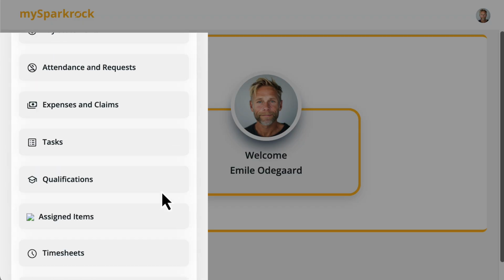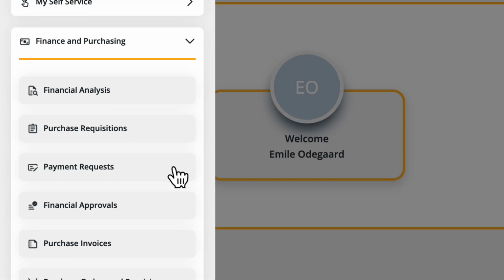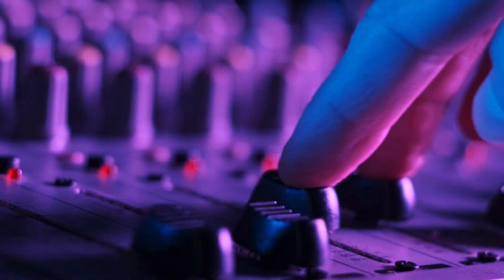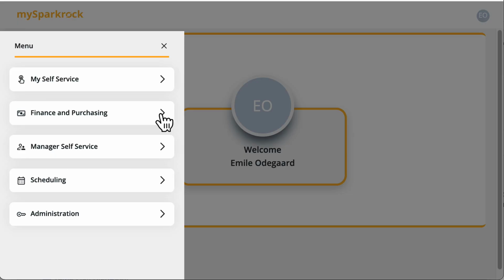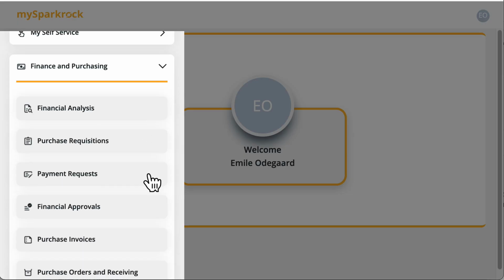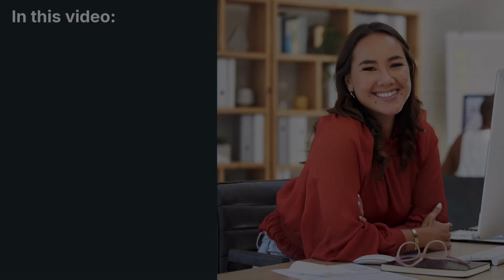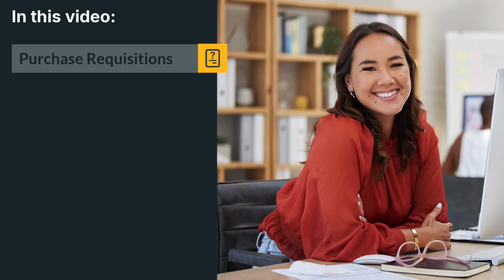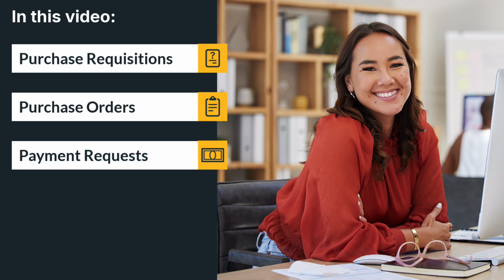mySparkrock, our employee and manager self-service portal, has had its fresh new interface for a little while, and now we're going to build on that and announce the new mySparkrock Finance Manager functionality. This release is all about taking mySparkrock up a level for our amazing finance customers. We're adding new tools to mySparkrock, and managers with the appropriate license can use them wherever you are on your desktop or mobile device. You can do things like create purchase requisitions, receive and close purchase orders, submit payment requests,